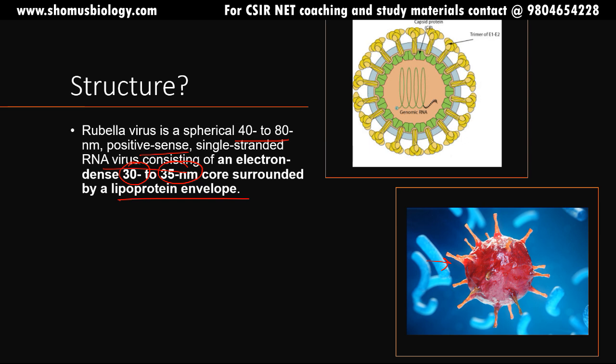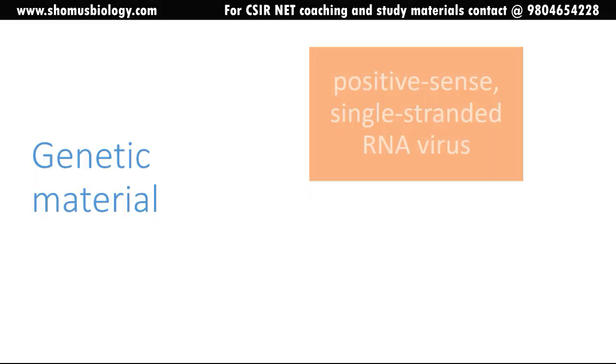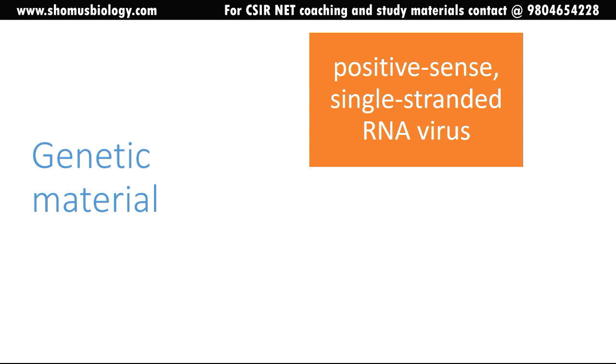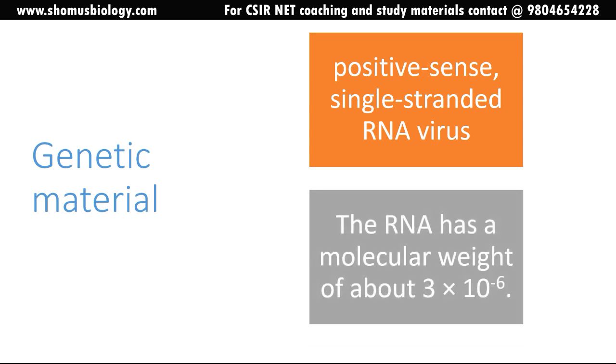So this is the schematic drawing where they have capsid proteins. You can see this is the capsid protein in the green color. It has genomic RNA inside the capsid protein, and they have different proteins on the surface known as trimers, E1 and E2, and they form this trimer with E1 and E2 proteins. The genomic RNA that they have inside is a single-stranded plus-strand RNA, which acts as the genetic material here. So what's the genetic material? Plus-stranded, single-stranded RNA. The RNA has a molecular weight of about 3 times 10 to the power 6.